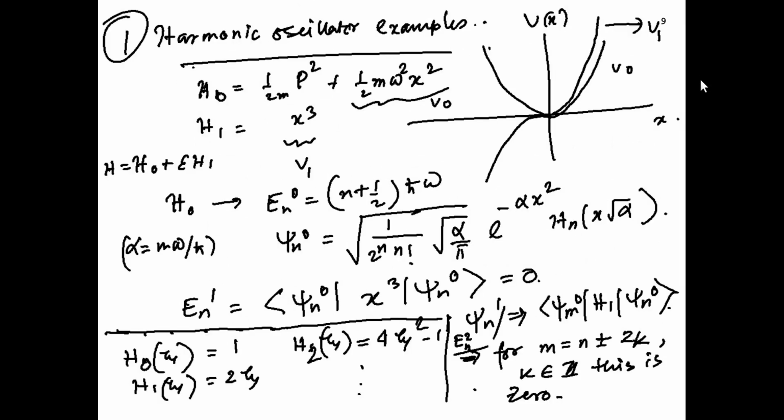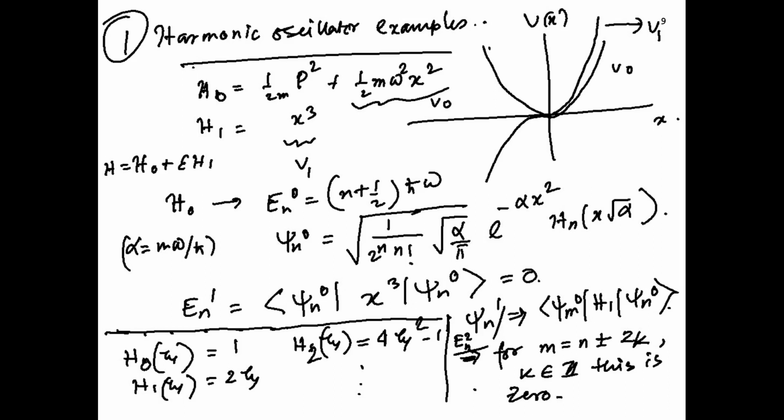Okay, now we will move on to a class of problems which does not have an exact solution. So now you are really entering the regime of perturbation theory, where perturbation theory is not just an optional thing, it is the only way to proceed unless you want to do the full numerical solution, which is often costly and does not give you an intuitive feel. So let us look at the harmonic oscillator example.